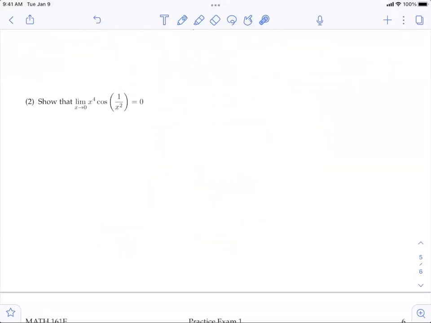In class, we covered the squeeze theorem, and more specifically, we want to focus on functions related to sine and cosine. To find the limit of this function, we need to use the squeeze theorem. It can be done by first considering the function cosine of 1 over x squared. And we know that,